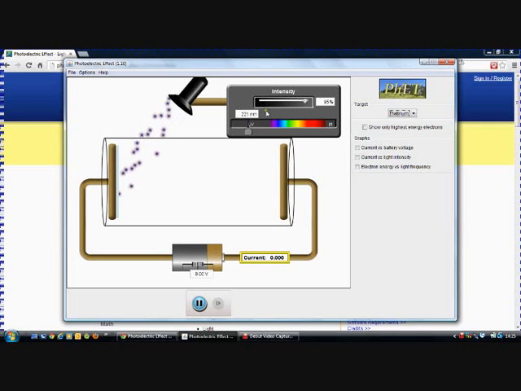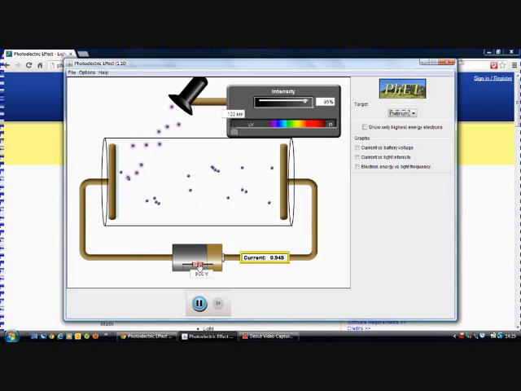We could do the maths here and work out 220 nanometers relates to a certain frequency, which relates to a certain energy, and that energy must be more than the work function of zinc, but less than the work function of platinum. The other thing you can do with this animation is if the electrons are coming off, you